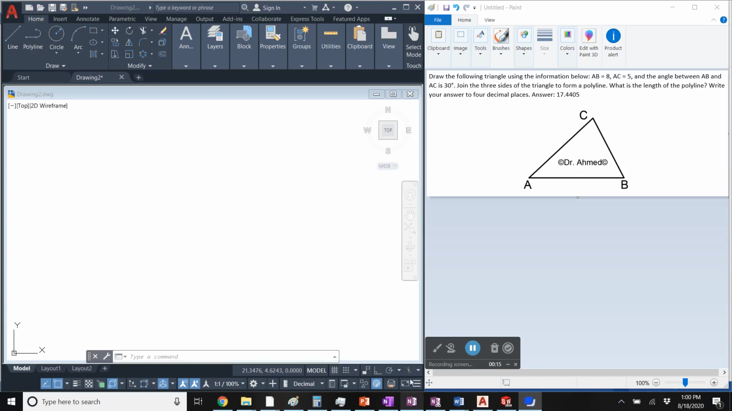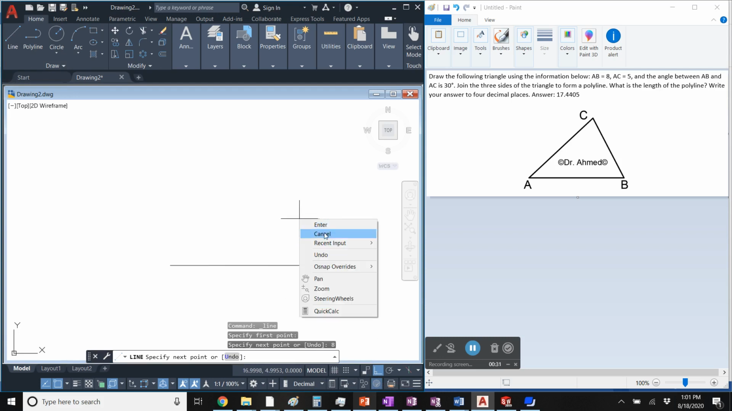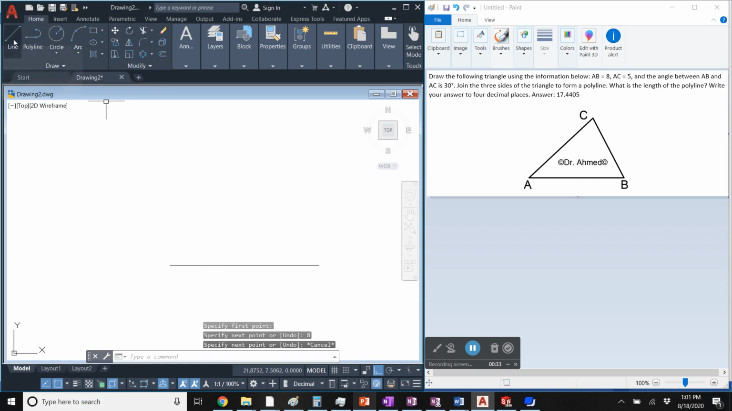So first, turn the ortho on or press F8 from the keyboard. Click the line tool, click anywhere on the screen, move your cursor to the right, type 8, press enter, right click, cancel. Click the line tool again, click the left end of this line AB,